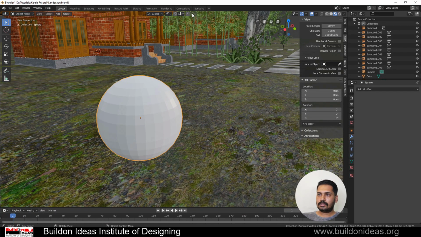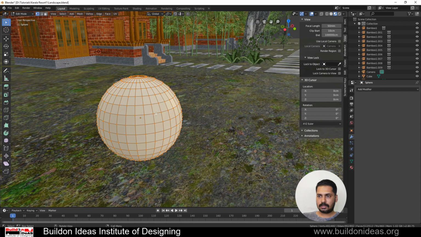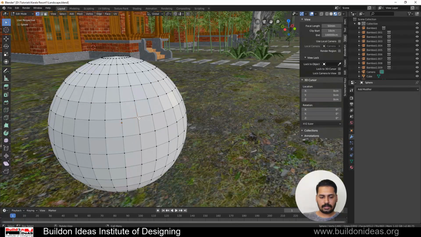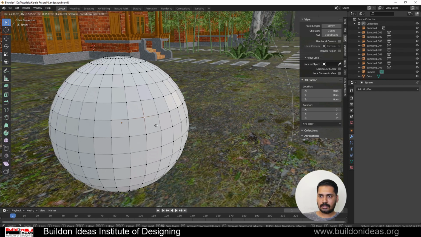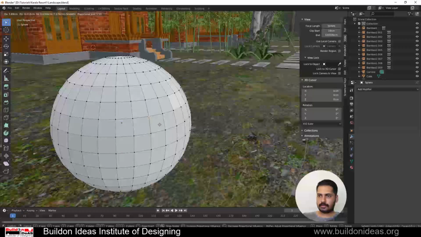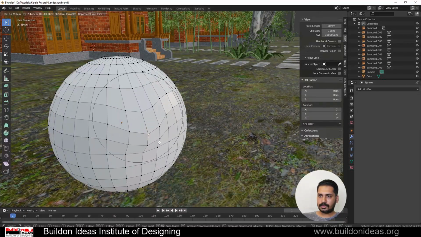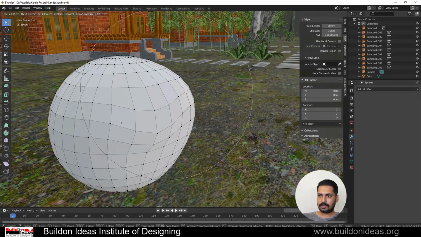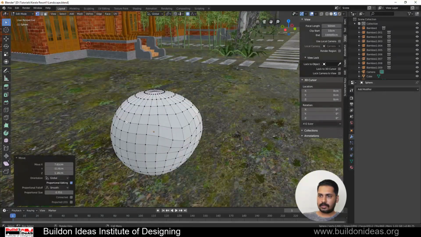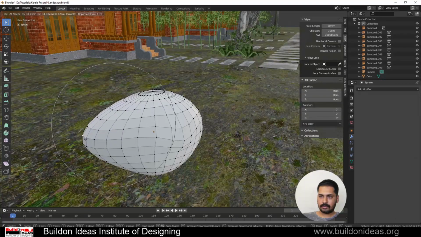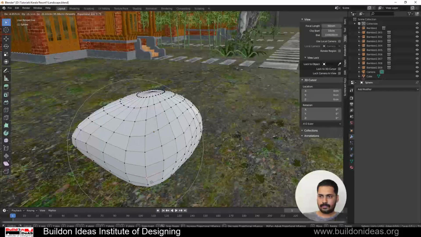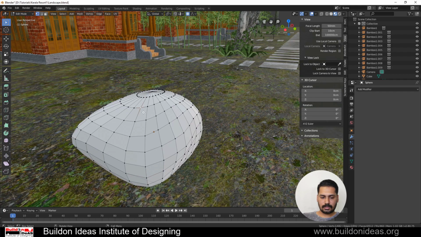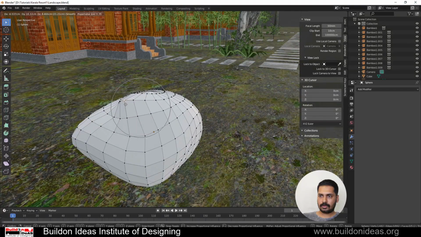Okay, after adding the sphere, I'll just do one thing. I'll turn proportional editing on, go to edit mode and start selecting one of these, and then G. You can see if I put this on and start moving, there can be some deformations happening. So I'll just move it like this with some deformations. So this is one of the easiest methods in Blender to just deform things. Just select that, G, and if you want it like that,